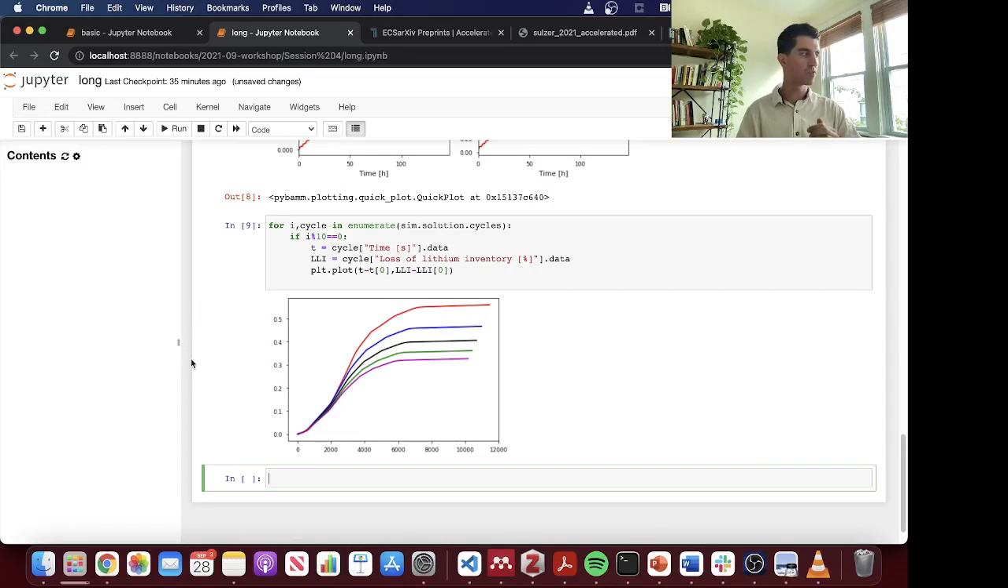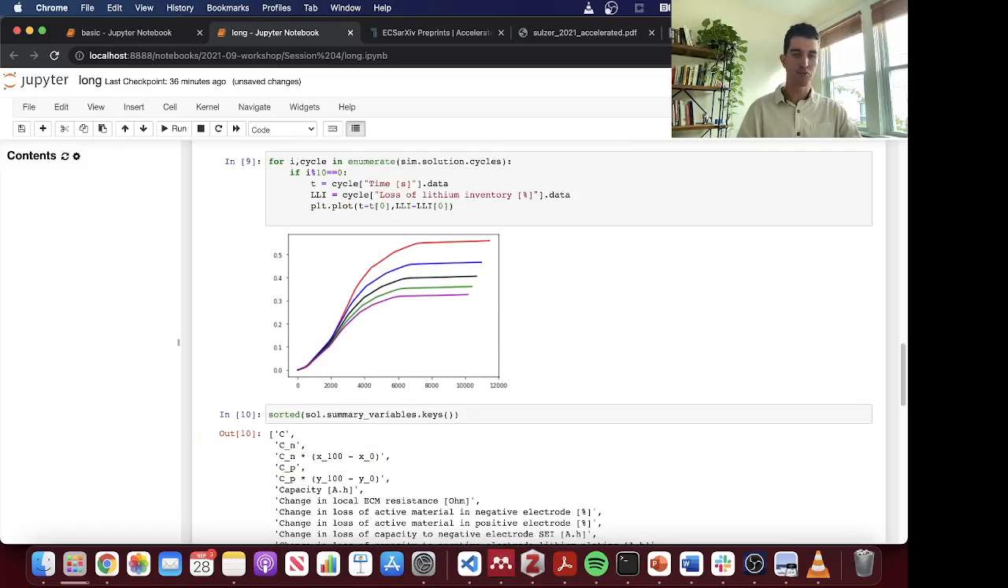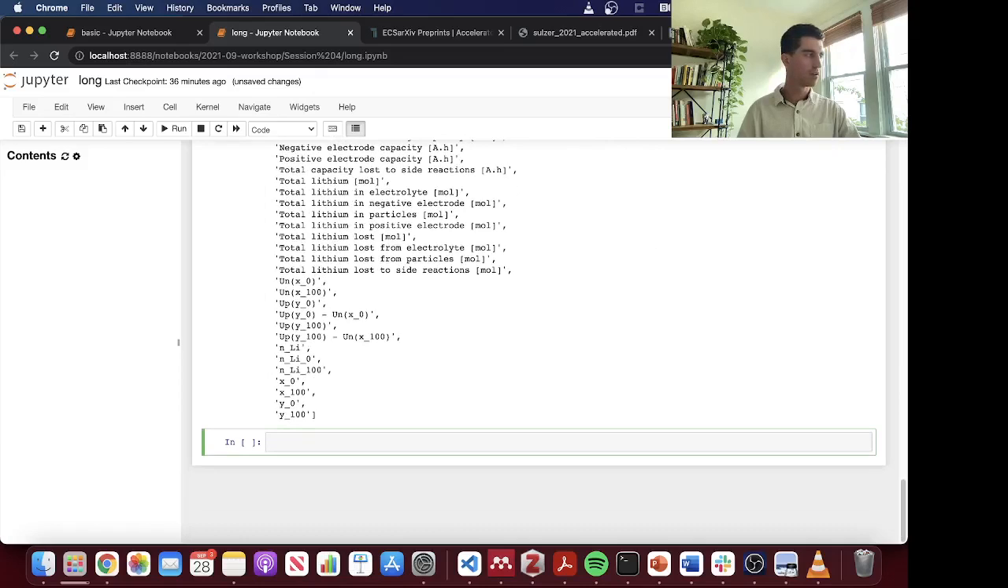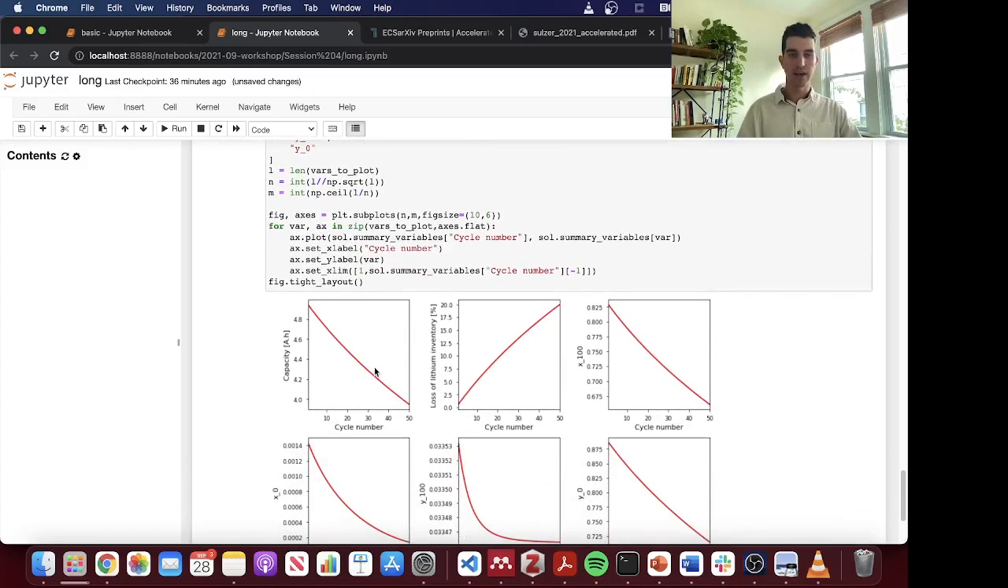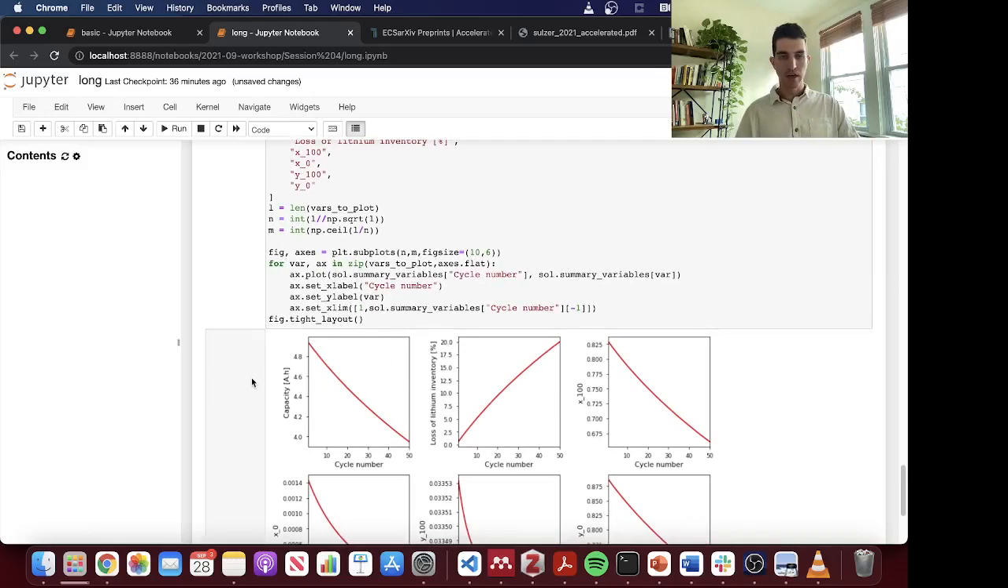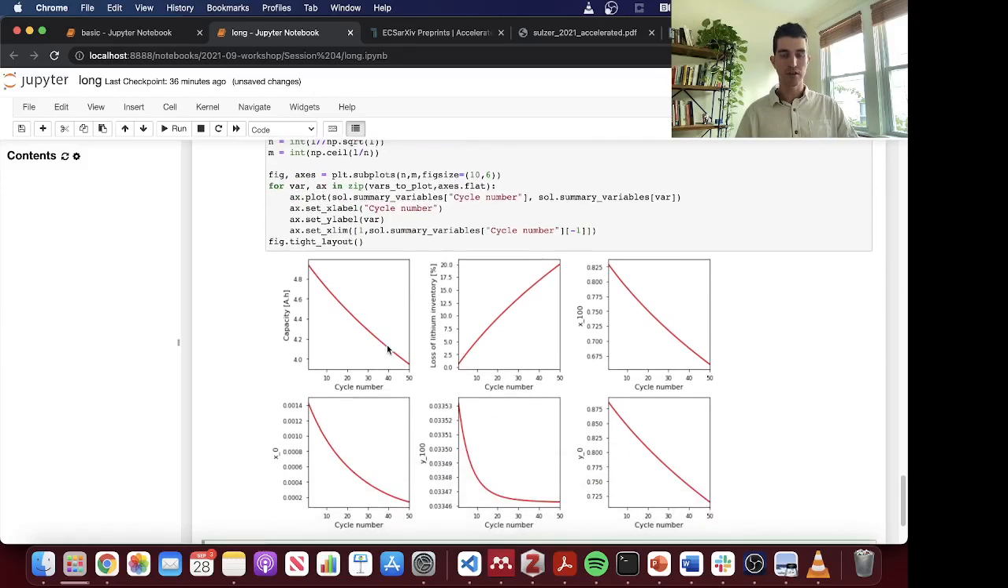We also have something called summary variables, which are variables against cycle number instead of against time. It's a dictionary, so if I print all of its keys, it's going to tell me all of the summary variables that you can work with. And again, this is just a lot of matplotlib, so I'm just going to copy and paste it. But let's say I want to look at these 6 summary variables. I can do it like this, and this is going to give me a 2x3 plot of all of the summary variables